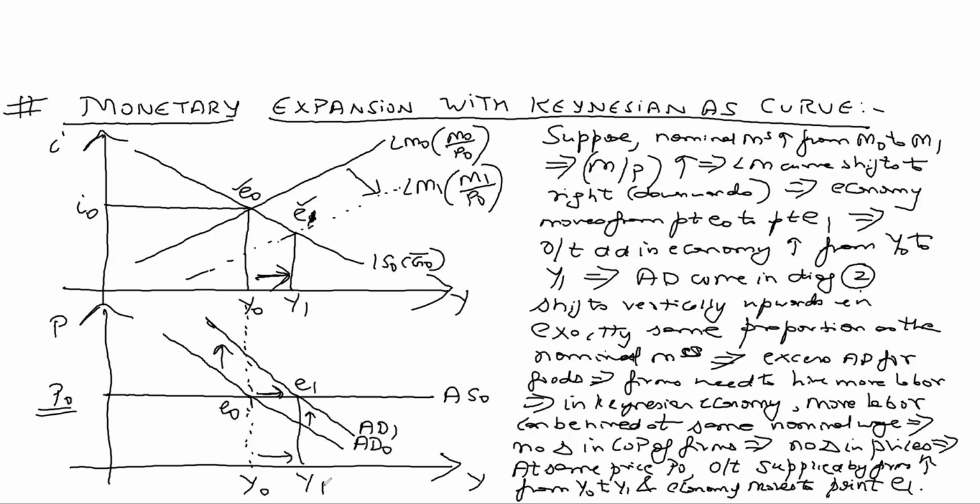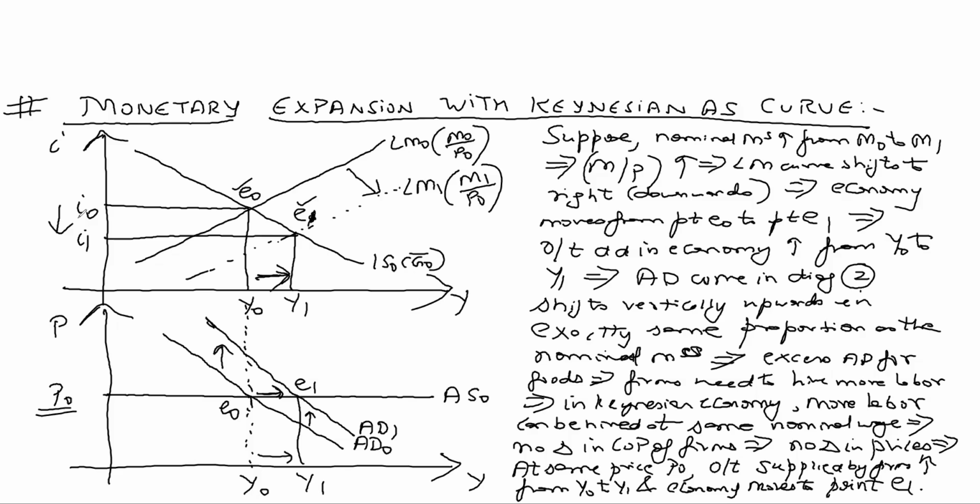So what we have learned is, under the classical system, monetary expansion does not cause any change in output and employment, whereas under the Keynesian system, monetary expansion causes an increase in output and employment. So guys, this is where I stop. Also, interest rates are falling. Falling interest rates are even good for the economy, because a fall in interest rates will cause investment to rise. Monetary expansion is doing even better under the Keynesian AS curve.